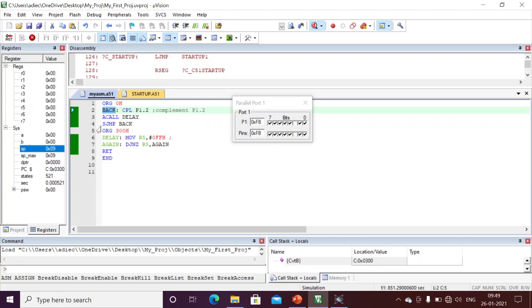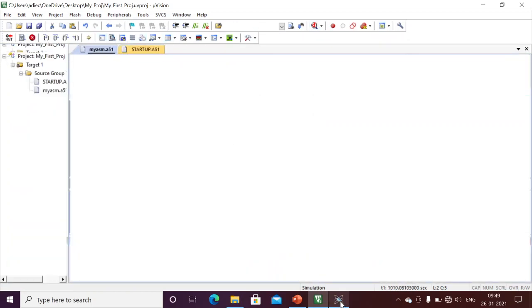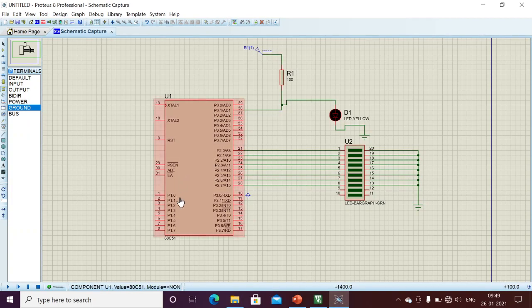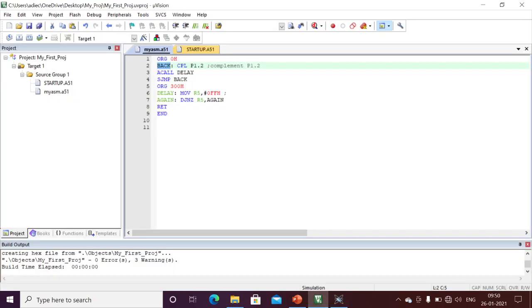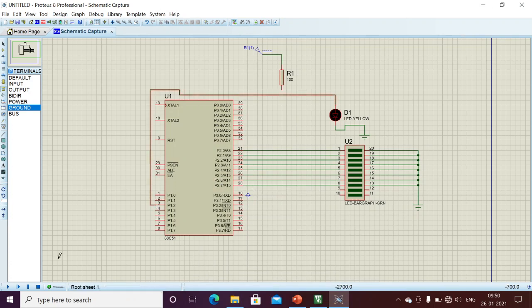This is the program we have written and also simulated, and it's working fine, so that we can design our hardware and also flash. Right now I need to connect the LED to port 1.2. Here port 0 we are not using anyway, so I will disconnect it. Now I need to connect this anode to port 1.2. Right now I am operating 1.2. If you see the code, I have written it for 1.2. That's why I have connected the LED to 1.2.